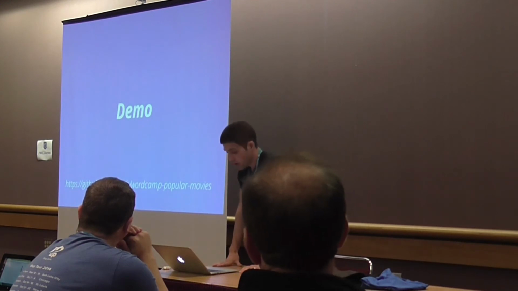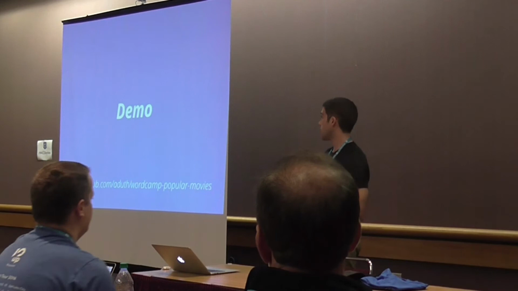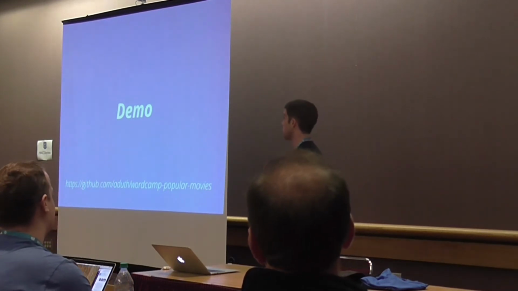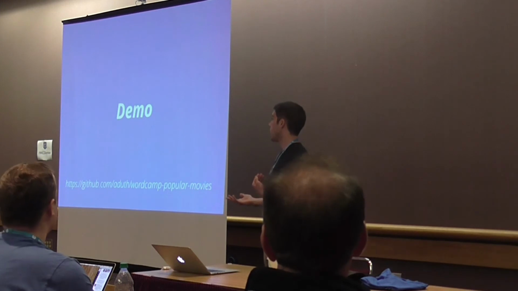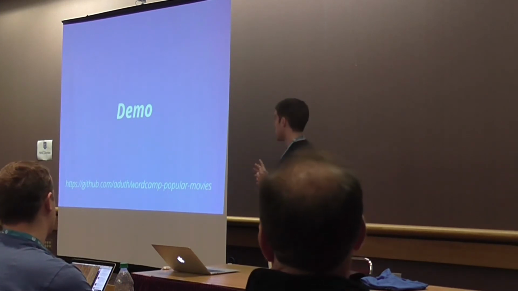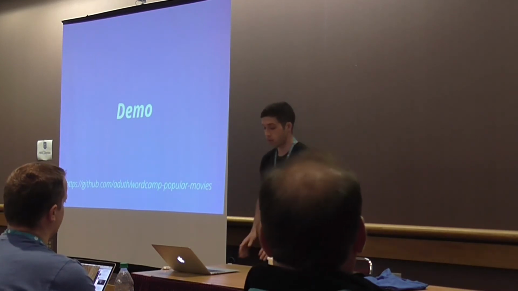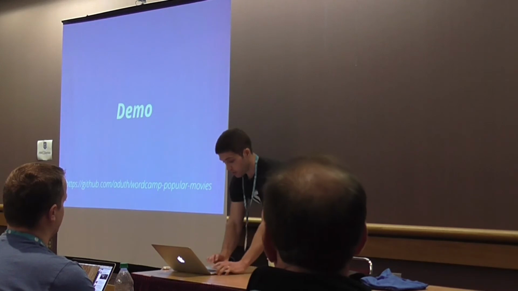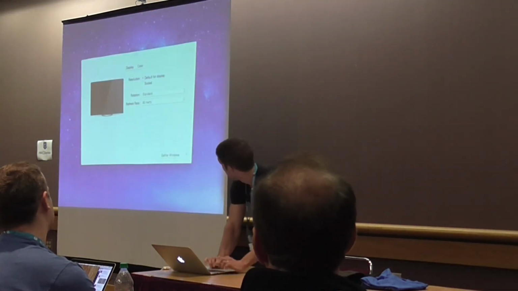So I want to show you a demo that I've put together. What I'm going to show you is an example of creating a custom post type that's been made available through the JSON API, and then I've put together this little demo app, and I'll navigate around and show you how nice it feels, and then we'll look a little bit at the code that makes that up. So first,